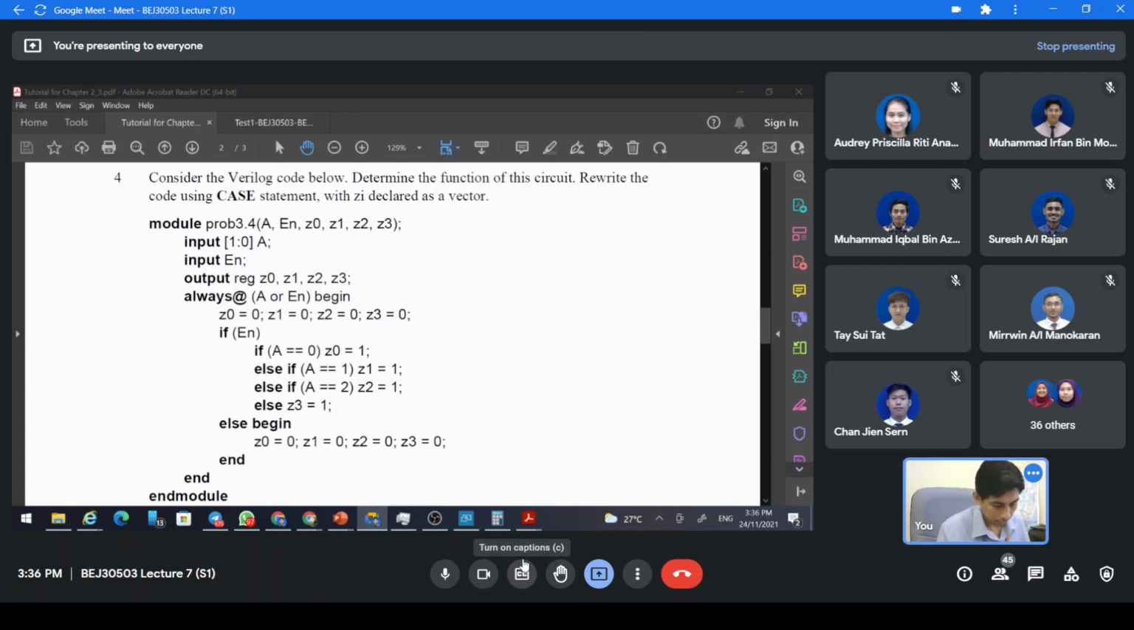All right, so let's continue. Look at number 4 here. Number 4 is quite interesting also. It means that you have the code here written in behavioral code, and this is a full code,